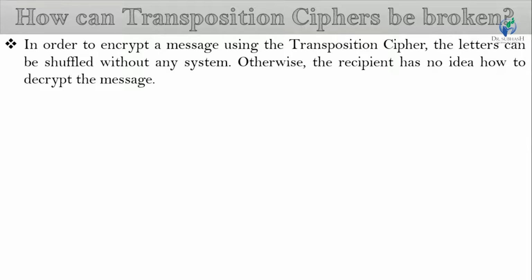Otherwise, the recipient has no idea how to decrypt the message. However, by choosing a system to rearrange the letters, we can make an assumption to be successful with this work. Testing many conventional rearrangements will eventually reveal the original message. So, the first step for breaking a transposition cipher is